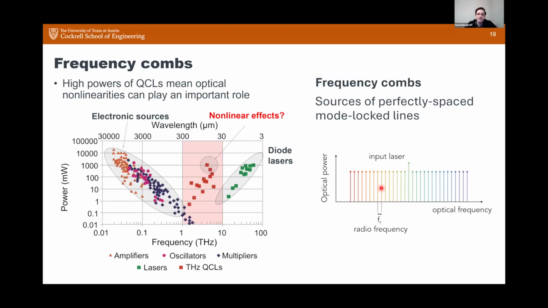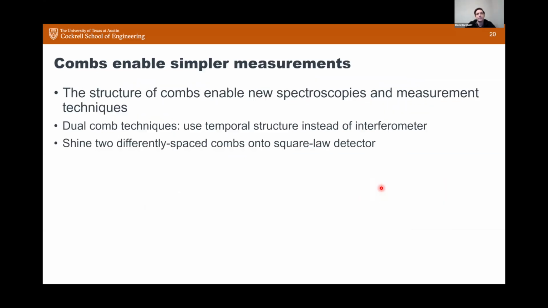And it turns out that this is actually nice because we can do very interesting spectroscopies with it. And also it's a broadband source, so let's not forget about that. A broadband source is also useful in and of itself. The comb structure, having this actual uniform spacing, is also very beneficial, and that's because combs can enable simpler measurements. And really, it's the structure of combs that can enable new spectroscopies and measurement techniques. So if you have